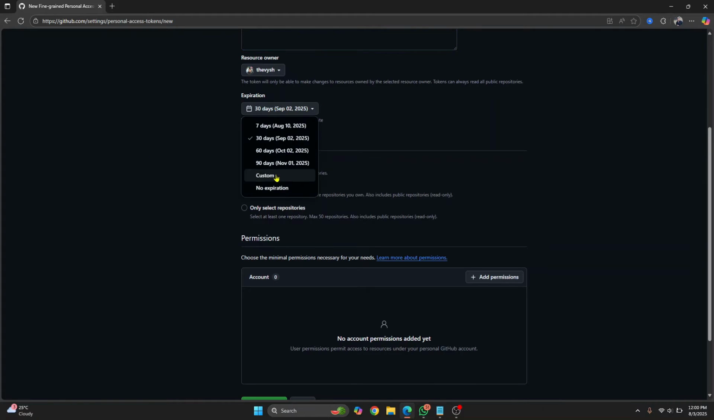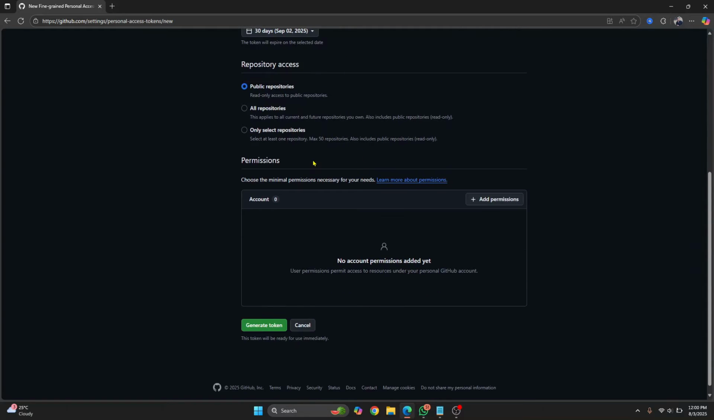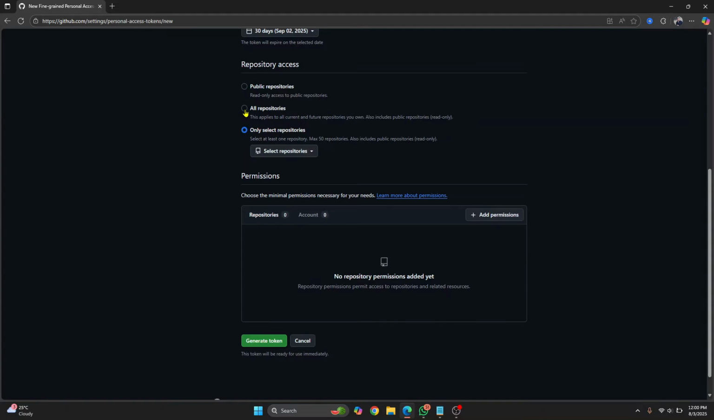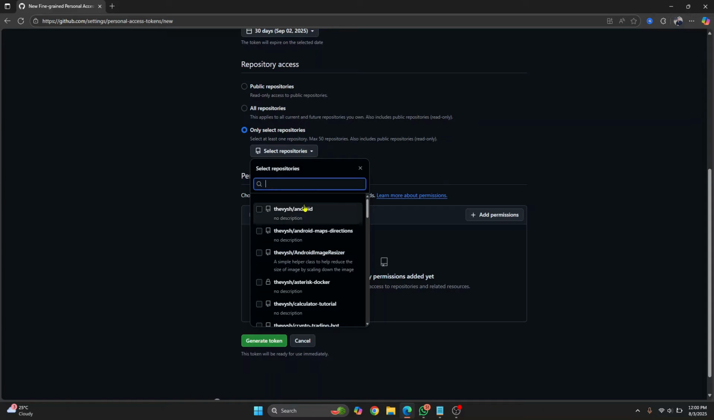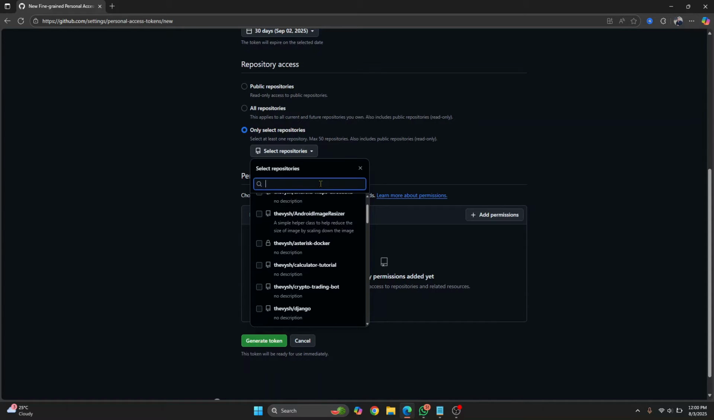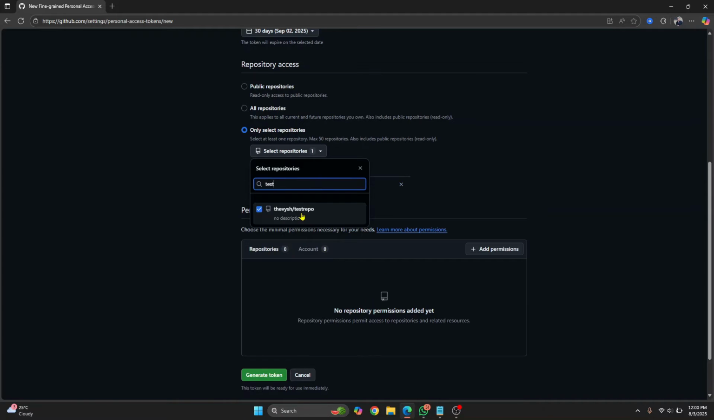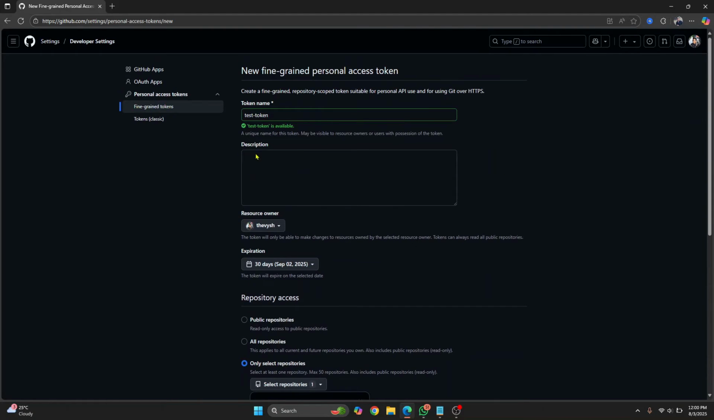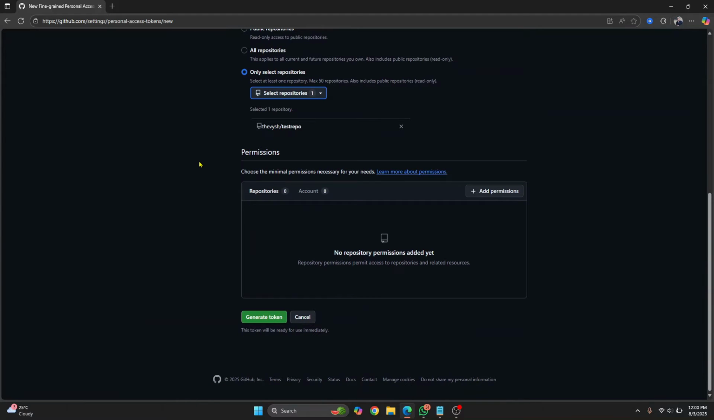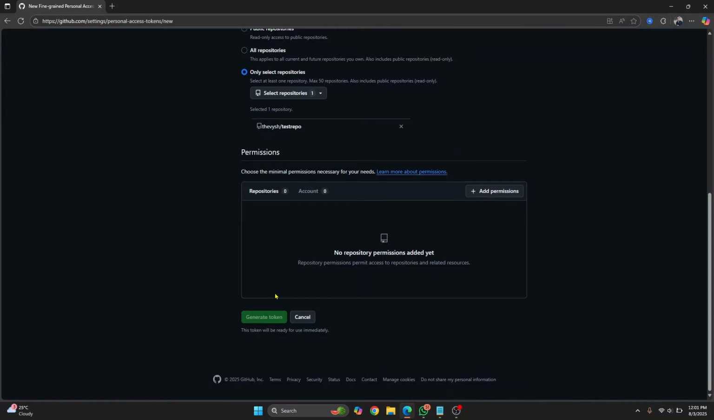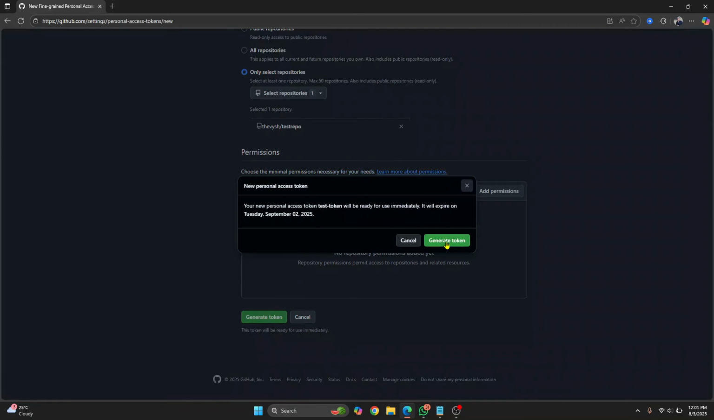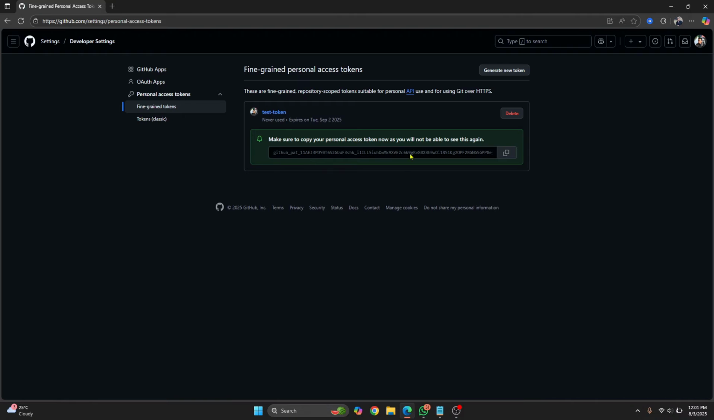You can change it to 90 days custom, and you can give access to only a specific repository or all repositories. So I'll just choose a specific repository for now, and let's say I want to give this token the permission for test repo. So now this token can only be used for this repository, and I'll just click on generate token, and you'll see this message that says it will expire on September 2. Click on generate token, and now once you have this token, you need to just copy this,